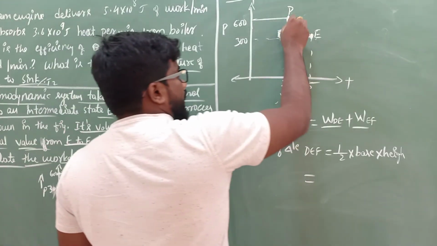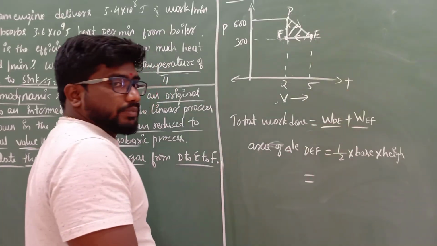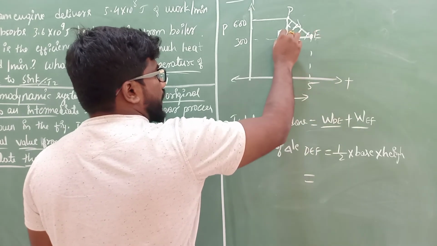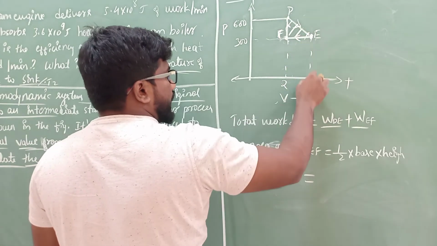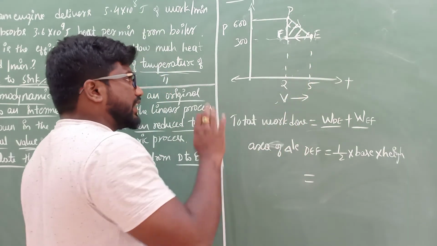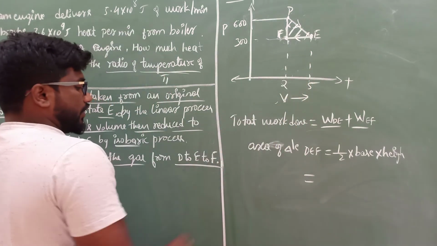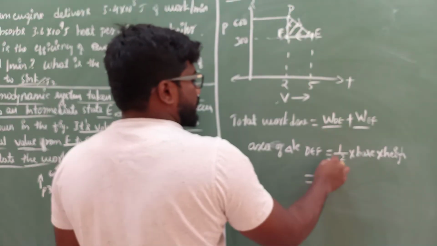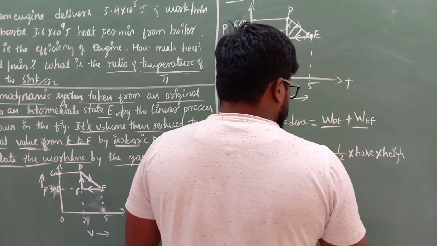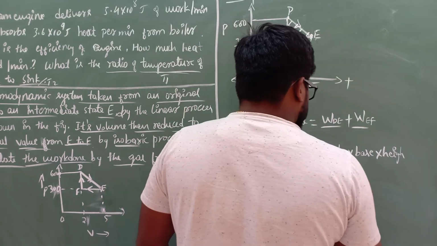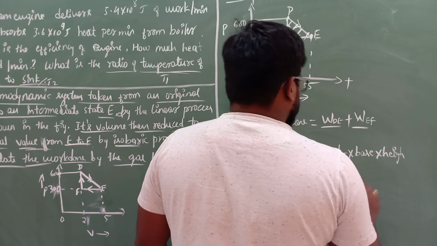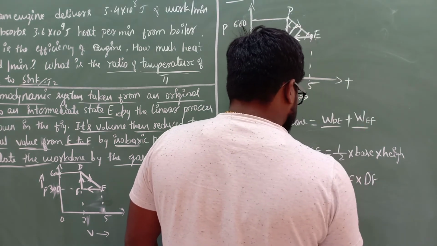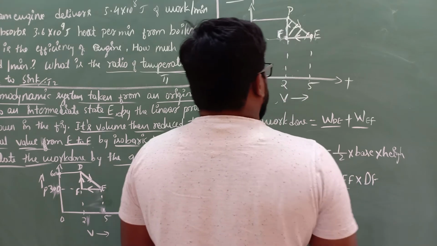I am going to find the area under this particular curve, because if they had not mentioned, if they didn't mention from E to F, then we would have to find the entire area from here to here. But they clearly mentioned you have to find the area from D to E and E to F. So that's why I took only DEF, half into base into height. So half into, I'll take base as EF into, what is height? I can take it as DF.